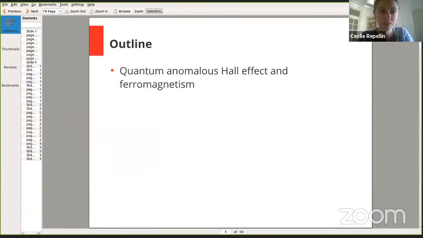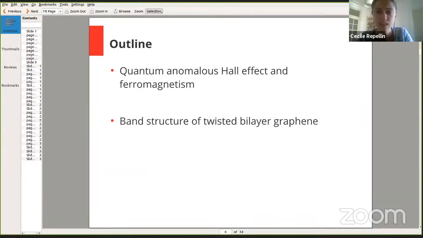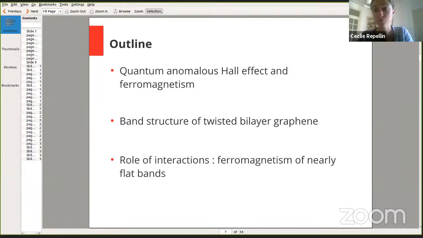So here is the outline of my talk. I will start with some general and broad reminders about the basic physics that I will be talking about, namely the quantum anomalous Hall effect and its relationship with ferromagnetism. Then I will move on to some explanations about the band structure of twisted bilayer graphene at the magic angle, the angle that allows these strongly correlated phenomena, before moving on to the role of interactions, really the heart of the work that we did,